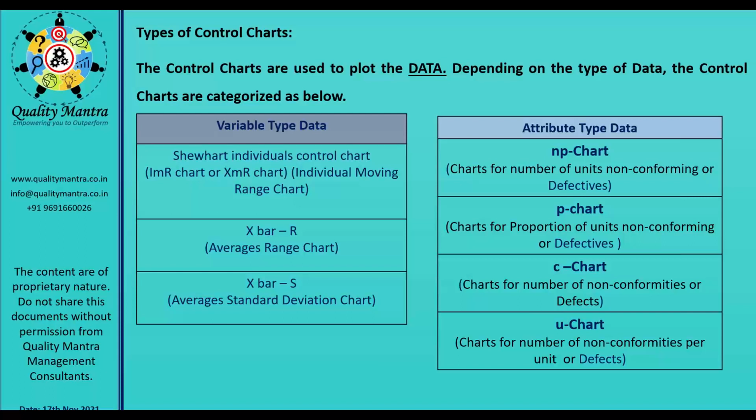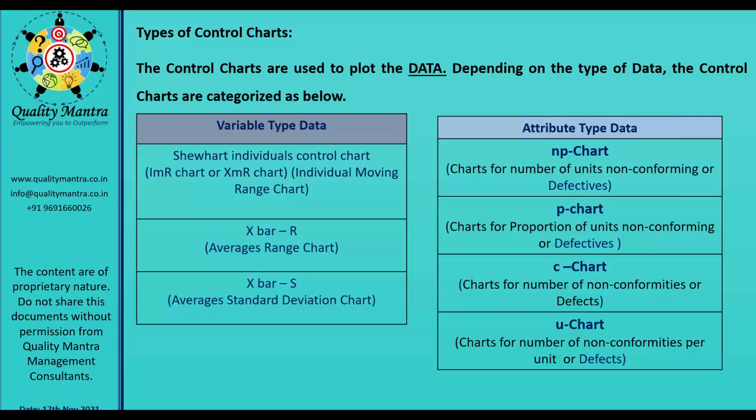So that's why it is important for the organization to keep on monitoring the defects also, and for that you need to utilize C and U chart. What is the difference between NP and P, and what is the difference between C and U? Both are used for the defects, these are used for the defectives, but there is a difference. When we go through this kind of chart tomorrow, we will elaborate in detail.